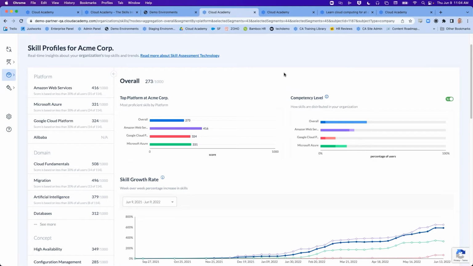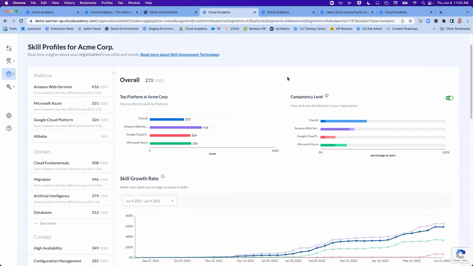We'll spend a lot more time here a little later in the demonstration, but one of the most amazing examples I've come across was one with Regeneron. They had a heavy focus on upskilling within Kubernetes and Docker within their specified time period.